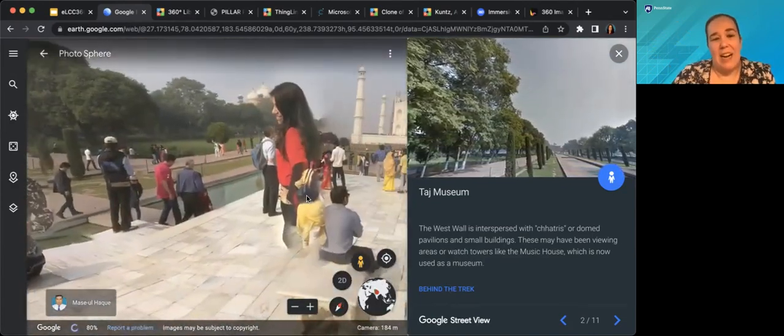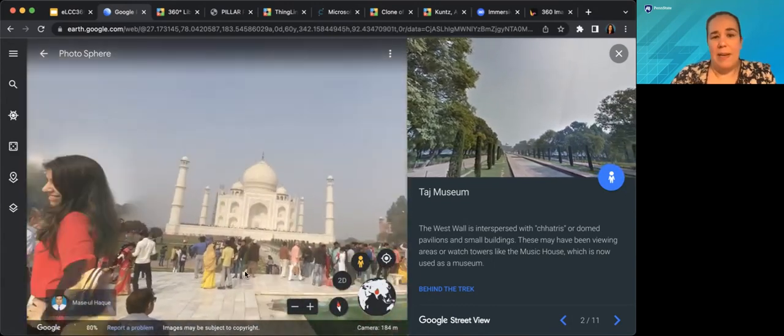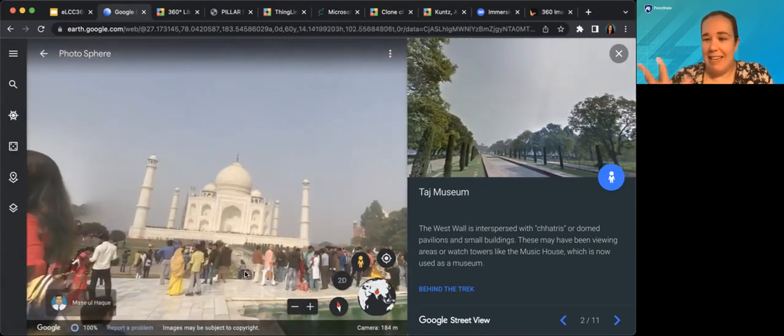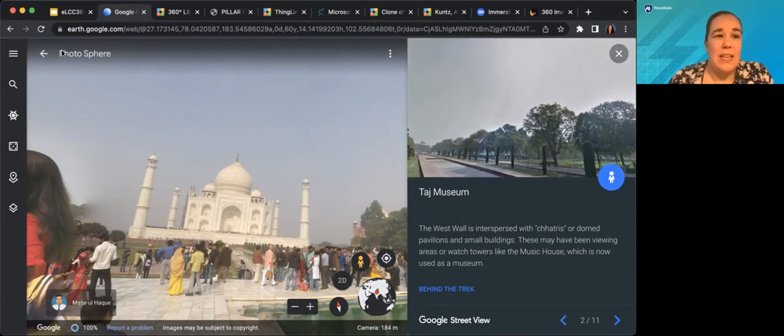So it's not always perfect, but it breaks the sense of realism. But if you look this way, it totally gets you back into it. So that is Google